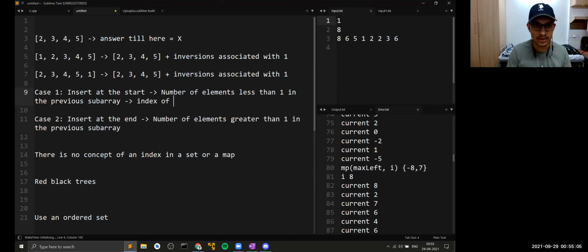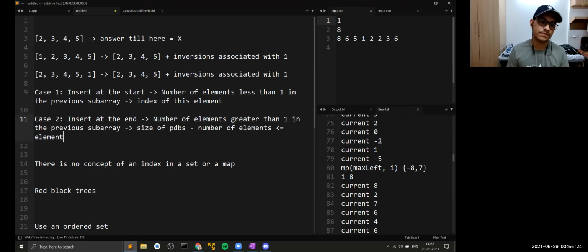Index of this element. Number of elements greater: size of PBDS minus number of elements less than or equal to the element. Right. So I think this should be clear to you now.